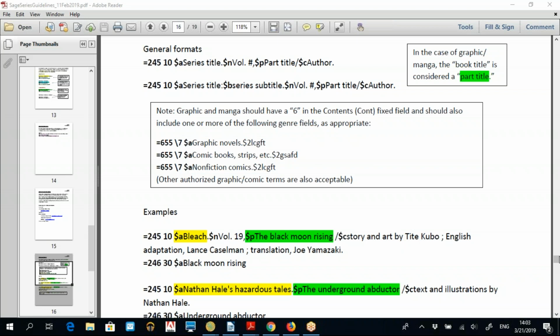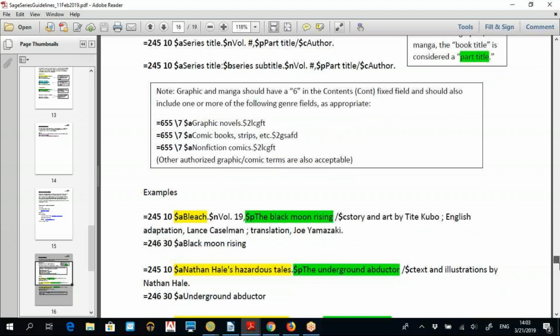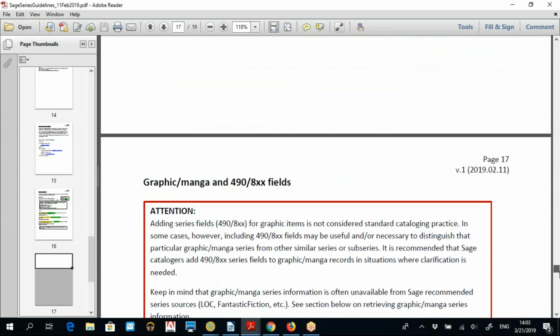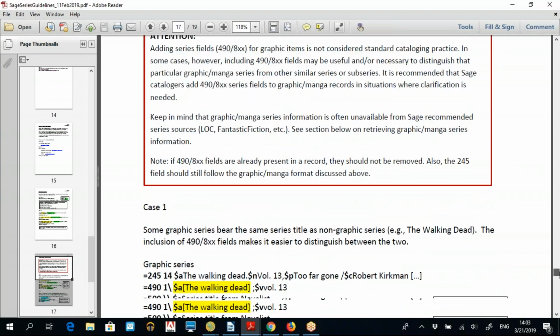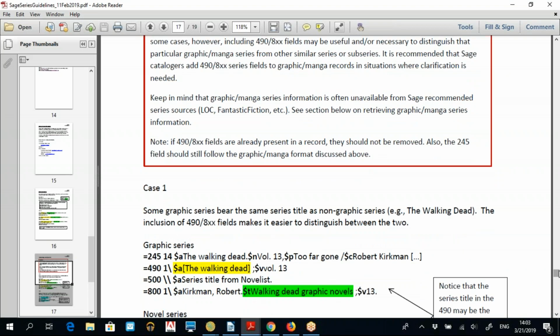Generally, as I'm sure you all know, we don't include 490s and 8XX fields for graphic and manga, but there are some exceptions. We discussed this and realized that in the catalog there is a lot of confusion because we have a number of